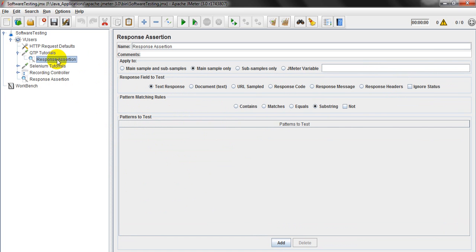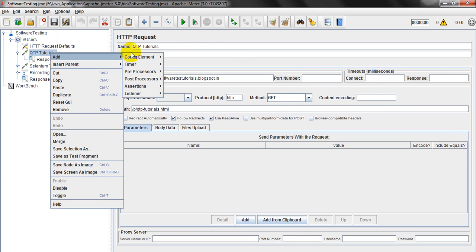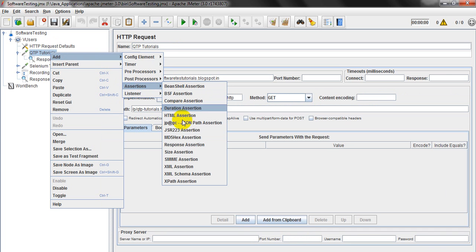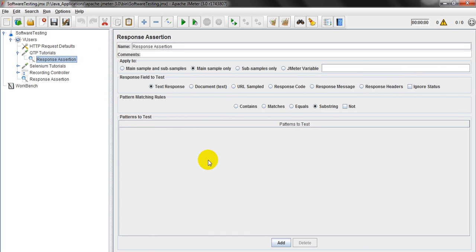Response assertion, this is a control panel. Just click on add assertions, response assertion. Okay, just add this one. It has a name and comment. If you want to provide any comments you can provide them. And coming to